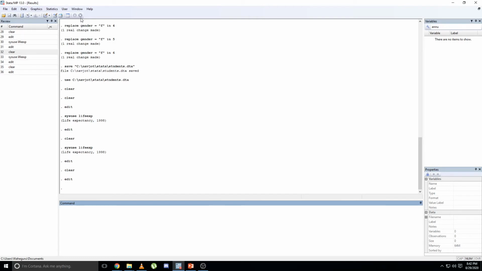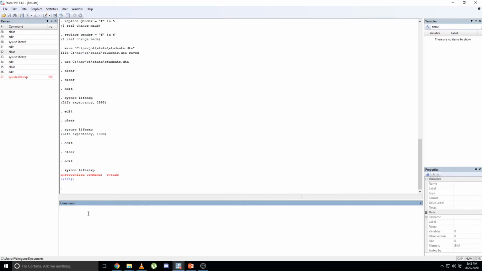If you have internet on your computer, you might type this command, sysuse lifeexp. This will immediately open the data set called life expectancy in your Stata. You can see the command sysuse lifeexp immediately got listed in the review.